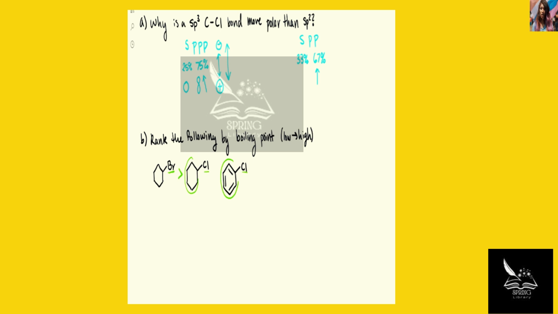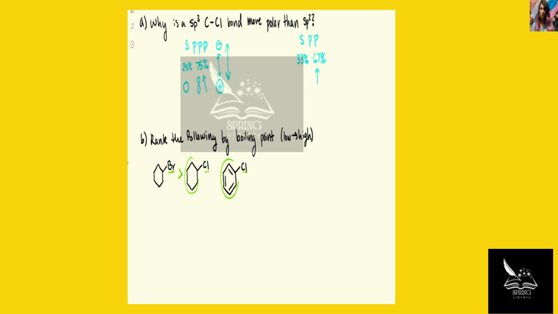And for that to be less polar, that means there's less difference in charge, which makes for a weaker attraction between molecules, which hold them together, and that's what impacts your boiling point. So since we have weaker interactions between the chlorobenzenes, we know that this is going to have a lower boiling